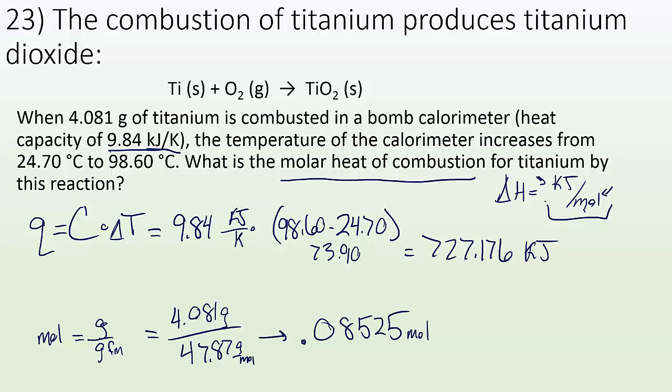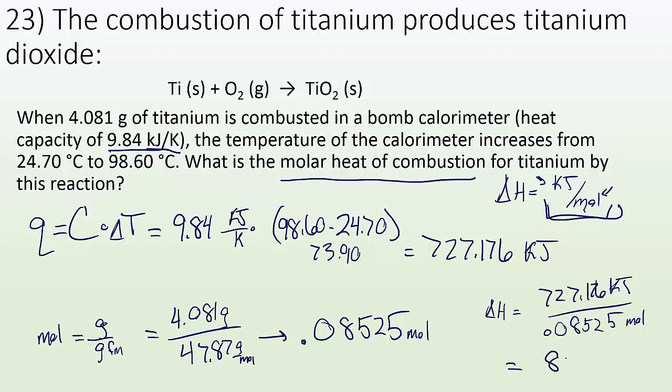So now if I want kilojoules per mole, I just do that. So delta H equals 727.176 kilojoules divided by 0.08525 moles. And I end up with a number of 8530